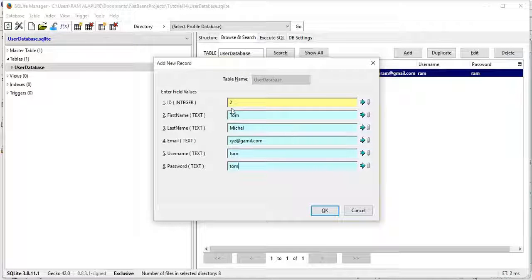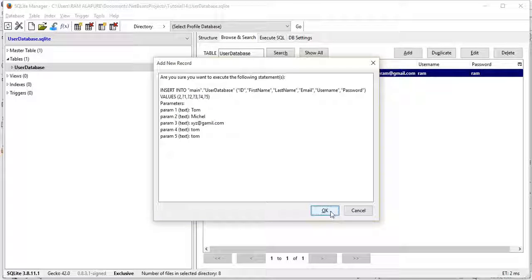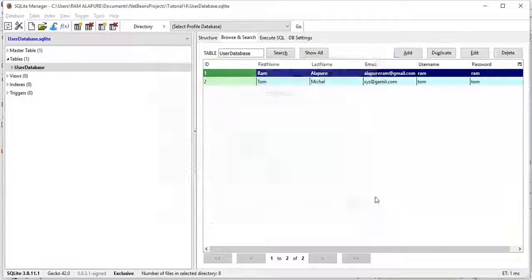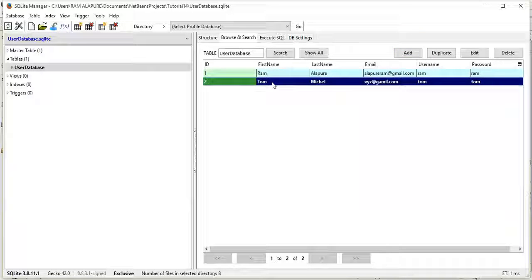So I'm going to create a user Tom Michael and add it to your table. So the user Tom is added in your database.